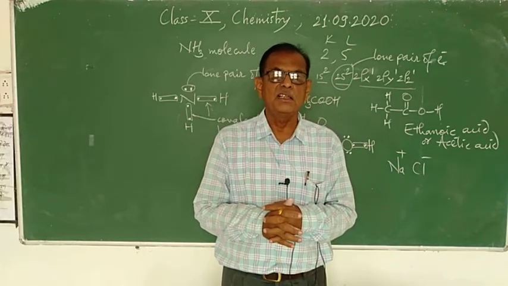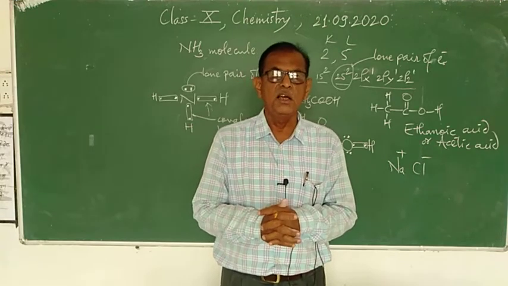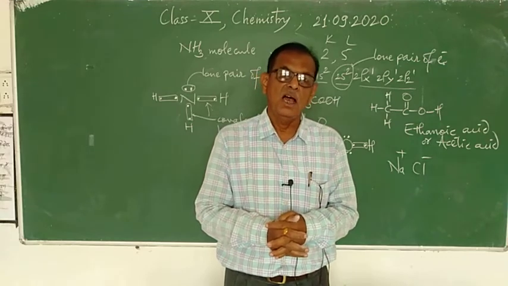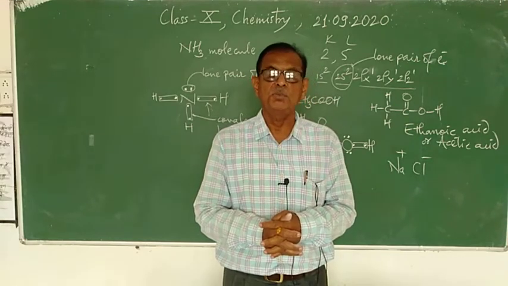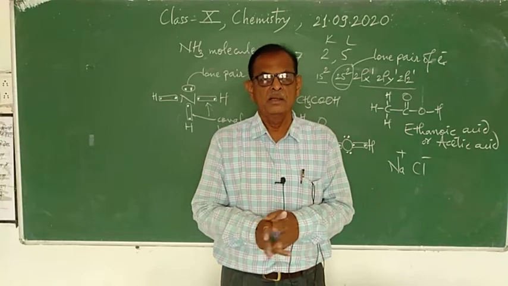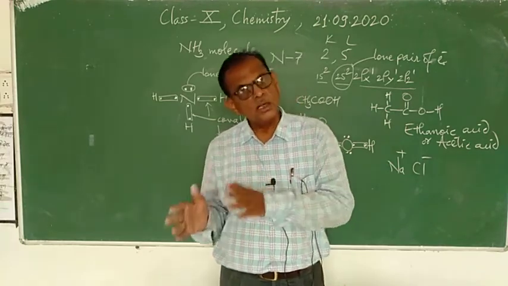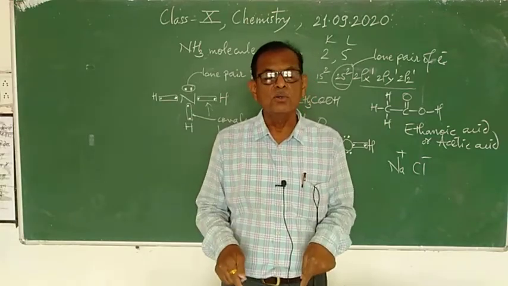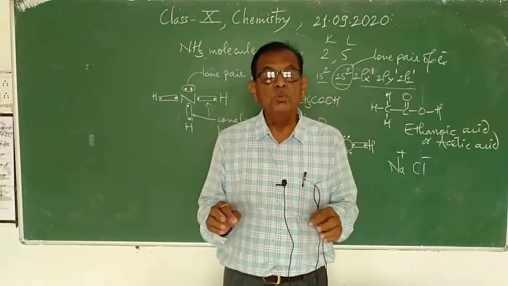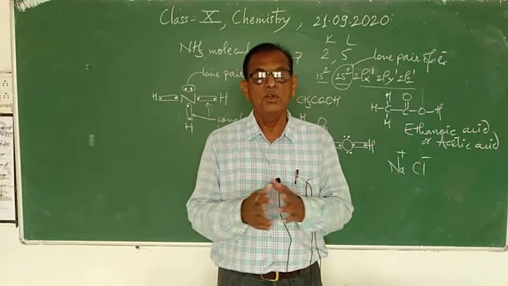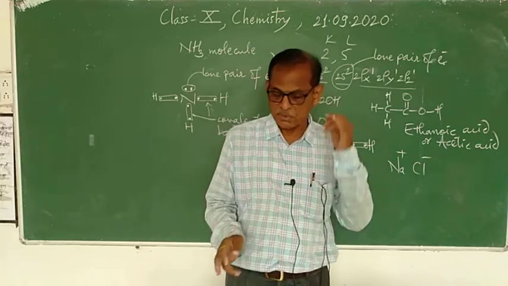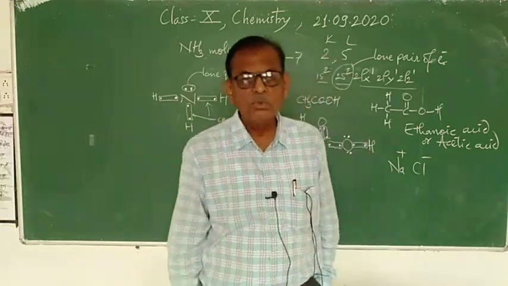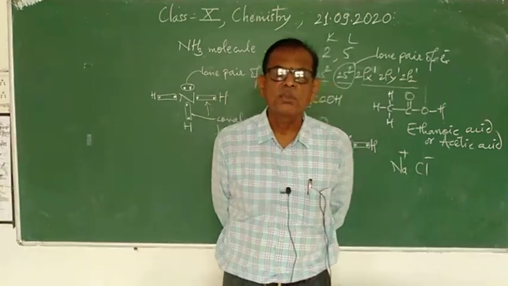In the case of NaCl, KCl, Na2SO4, CaO, there is a formation of charged particles, and because of this, electrovalent compounds are good conductors of electricity in their molten state, but organic compounds are poor conductors of electricity because no charged particles are formed. Clear? So this is the reason. Now we will study allotropy. What is allotropy?